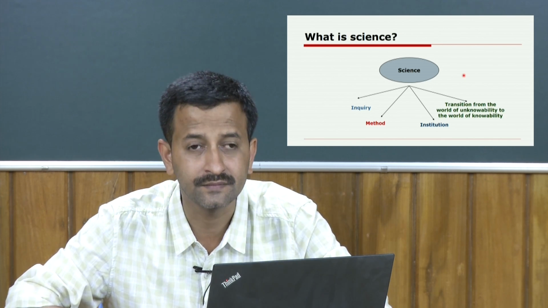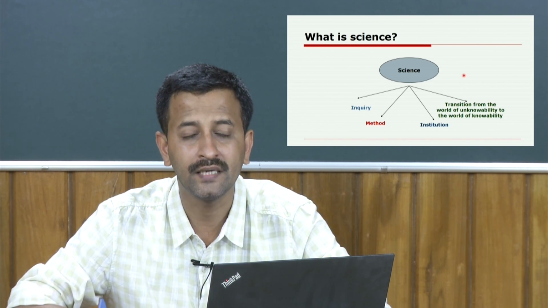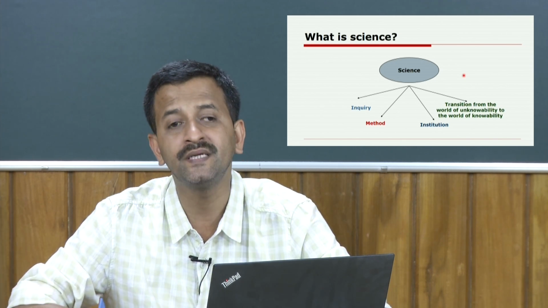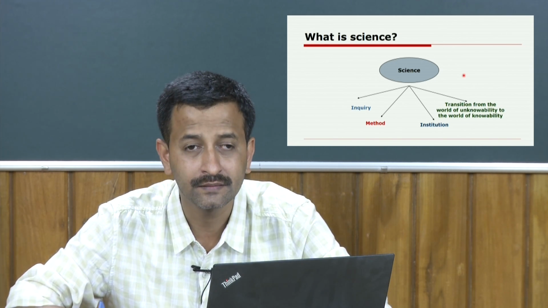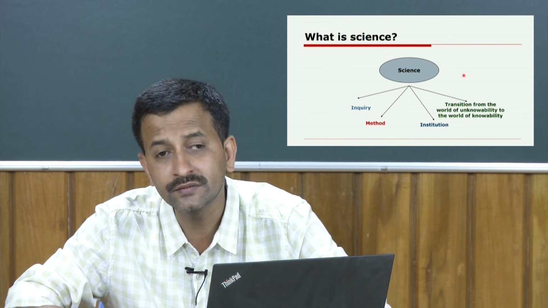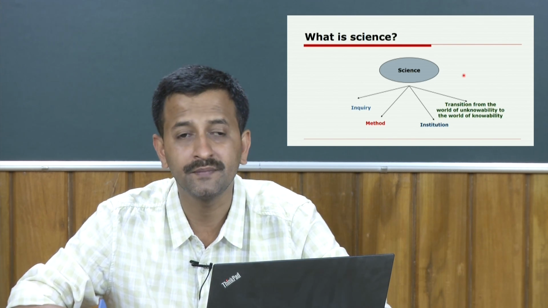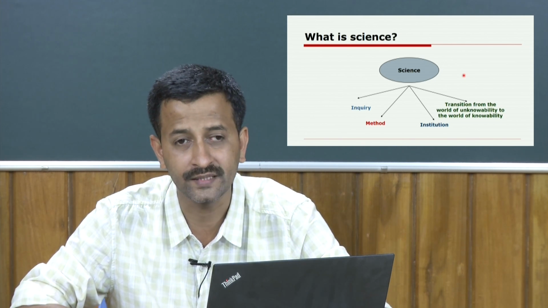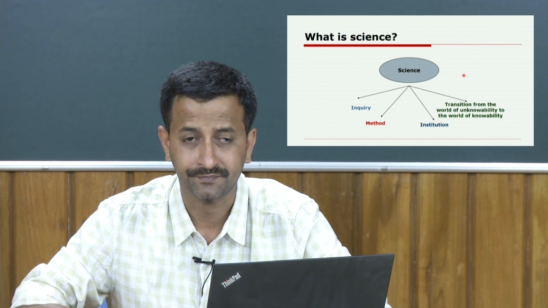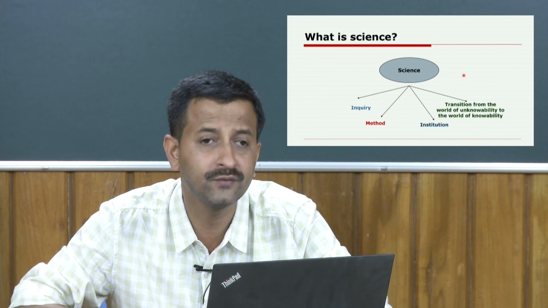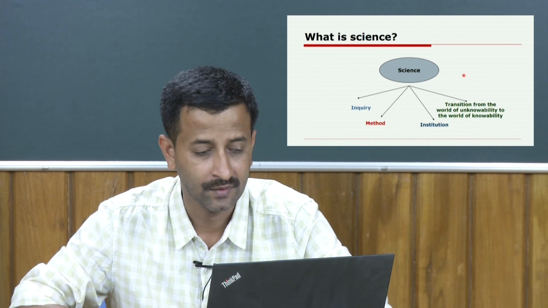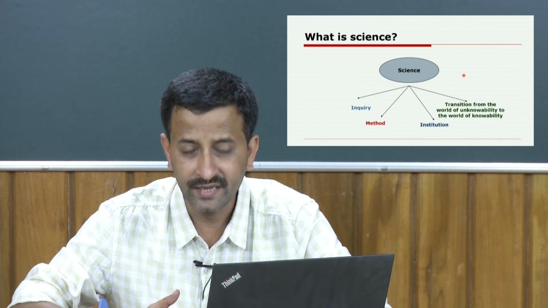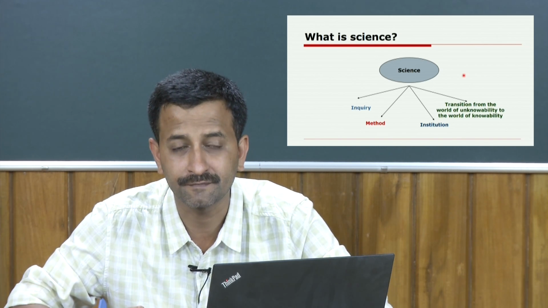Science believes in the empirical and rationalist methods of inquiry. When I say empirical, I mean it is based on experience. When I say rationalist method, I mean it is based on reason. We will discuss these two methods of inquiry, two methods of science, in the lectures to follow, when we will be discussing methods of science. Okay? It is the method that makes a distinction between science and religion.